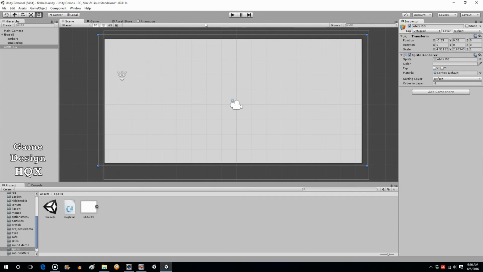Okay, so say you want to have your fireball be a light source. So as it's moving, it actually casts light onto the surrounding area like a real fire would. So let's take a look at how to do that. Now first we have to make one quick change, because when you start looking at light and shadow,